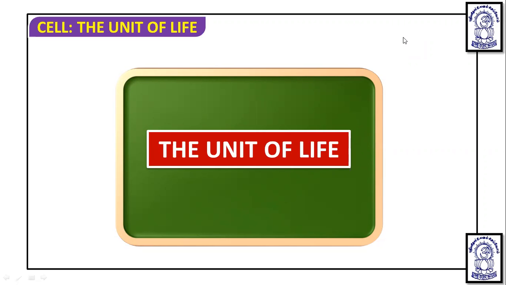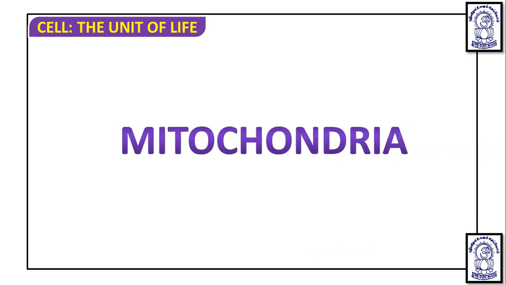Dear students, we are in continuation of the chapter, The Cell: The Unit of Life. In some of the previous classes, we already covered the difference between the prokaryotic and eukaryotic cell. Then we have also discussed the cell membrane, cell wall, and the endomembrane system in case of eukaryotes in detail. In today's lecture, we are going to discuss mainly the mitochondria and the plastids. So if we talk about the mitochondria,